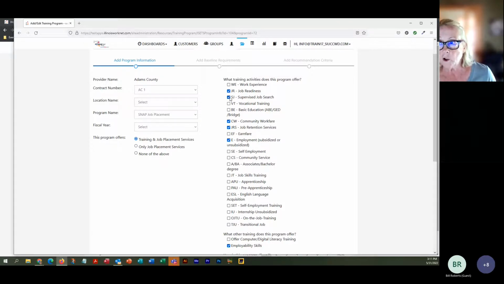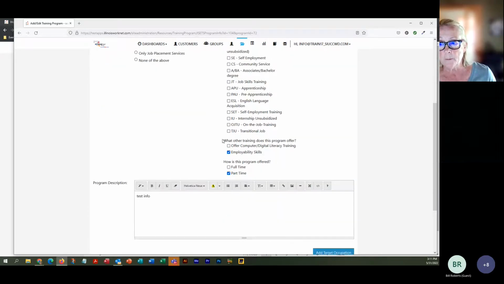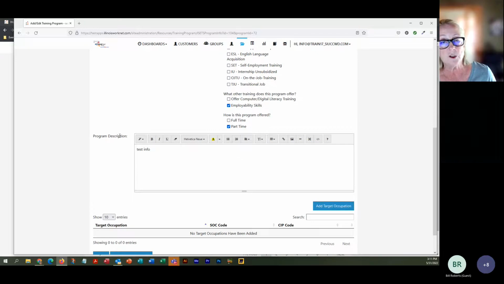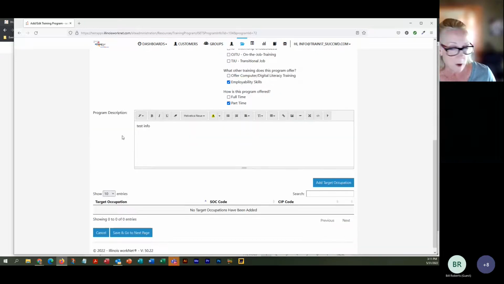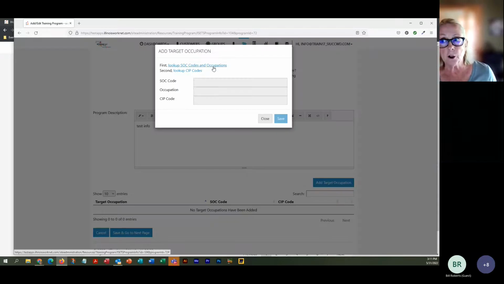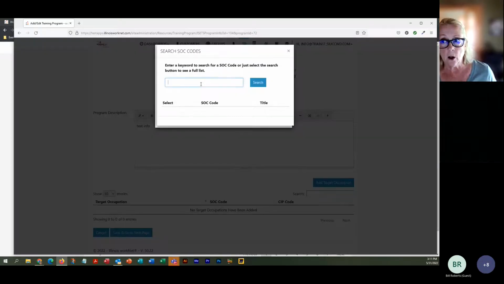So if it's supervised job search and you're offering them work experience, you'll check all those boxes. If you have a program description for your specific program, you will enter that information in here. And then you can add a target occupation. So maybe you're doing a CNA program, or maybe you're doing an IT program. You can add a target occupation by looking up the SOC code,